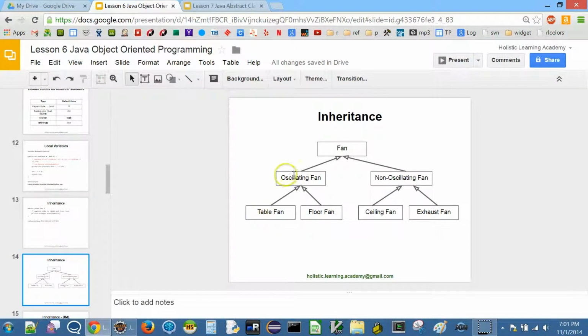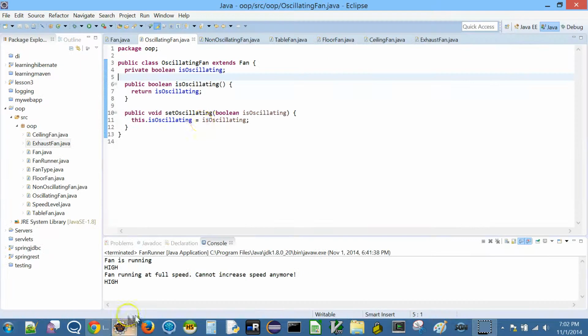But there is nothing like an oscillating fan in the physical world, right? It's only an abstract concept that we want to use so that it's easier for our object hierarchy. Now, non-oscillating fans, we have ceiling fan and exhaust fans, but these don't have any additional fields. Okay, so I hope this is clear.